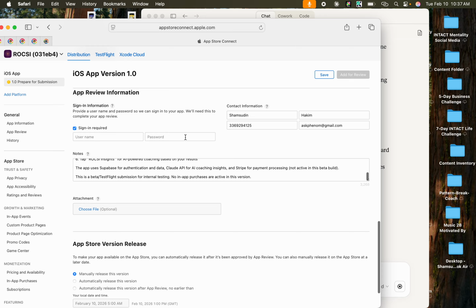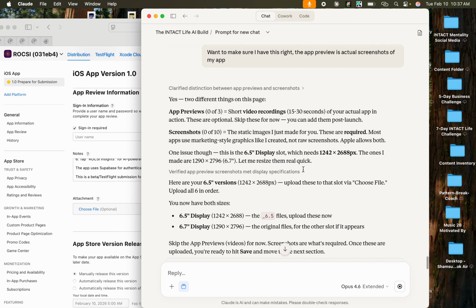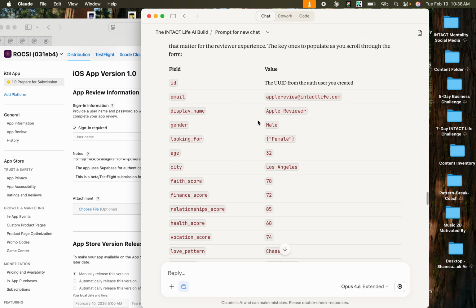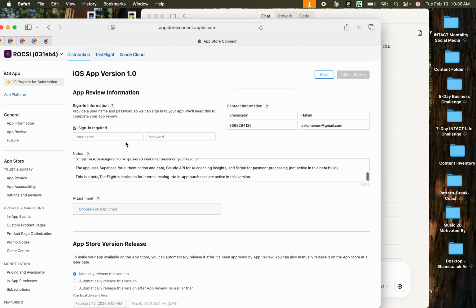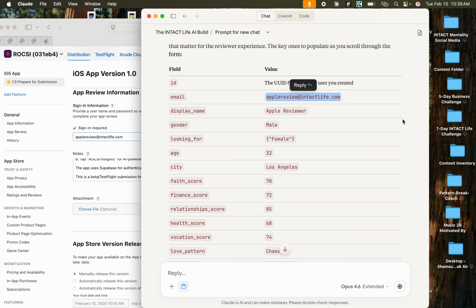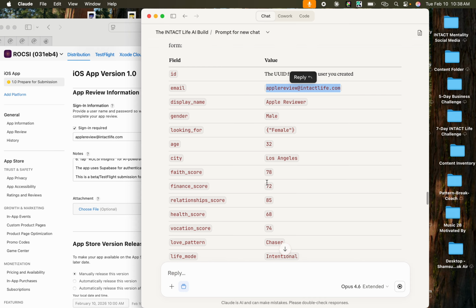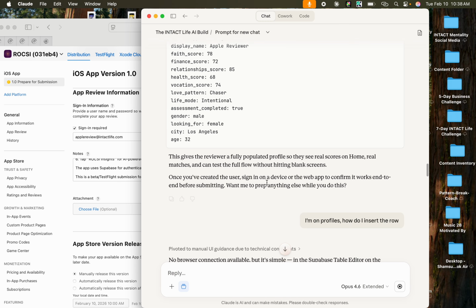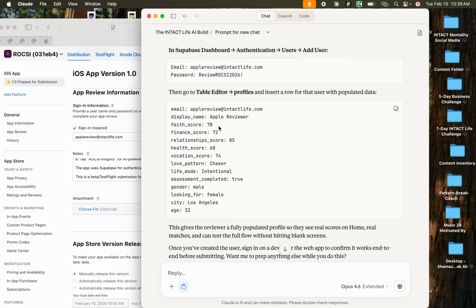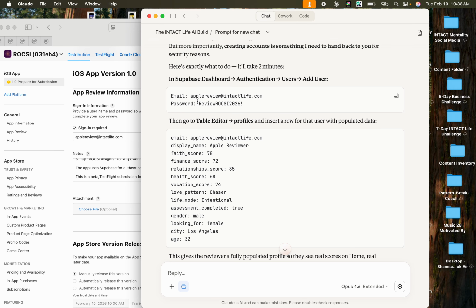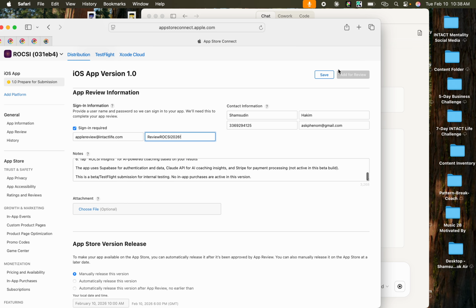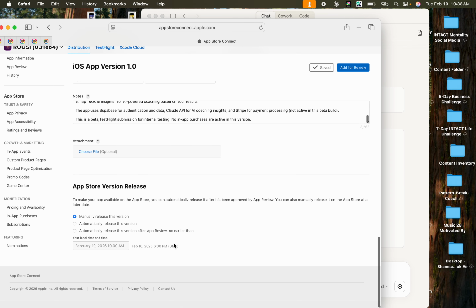The sign-in that's required, and the password. I don't think it's right here in this chat. The username. I think the username is going to be the email. Password. It didn't even create a password for me. So here it is right there. I knew it did because I put it in there. All right, and then that's the password. Let's hit save real quick. So we got that part set up.